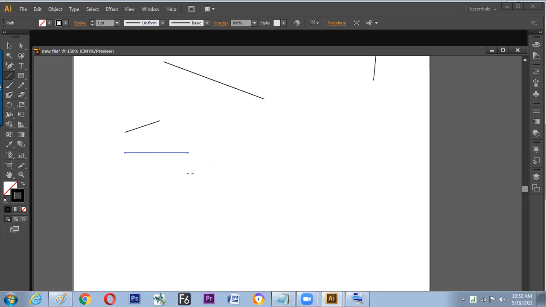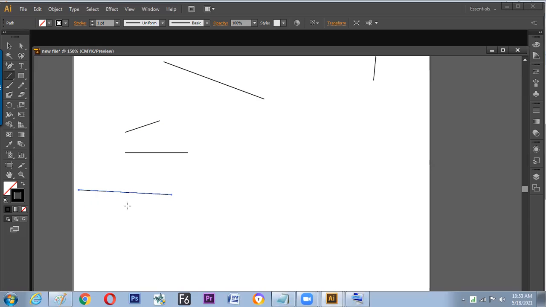Fine. Now the first tips and tricks over, second tips and tricks over. Now you can note down this as a first tips and tricks, second tips and tricks. Now the third. Rather than just dragging, hold the Alt and drag. What you can see, we can make a symmetrical line with the click point as the center point. Before, the click point was the start point. Now the third tips and tricks over. How to make a symmetrical line from the click point as a center point in Illustrator? What is the answer? Alt and drag.